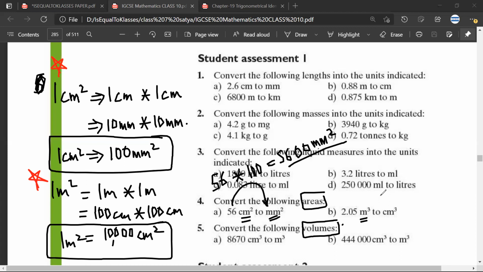So I have covered the following areas. I think there's a mistake. They should have written square. Yeah. So meter square to centimeter square. Satya, the number will increase or decrease? Sir, it will increase. So multiply or divide? Multiply. Multiply by what? Multiplied by 100. Sorry, 10,000. Shabash. So it would be